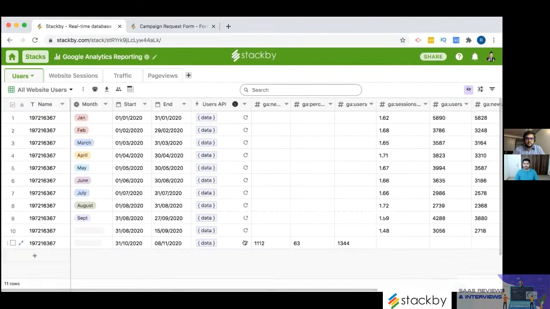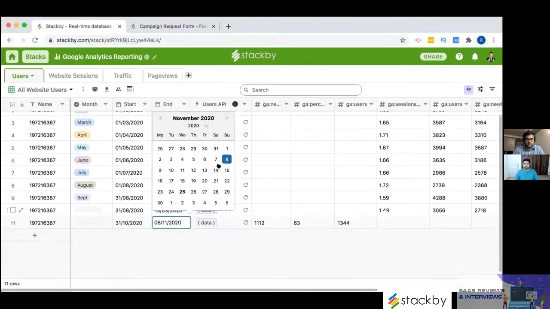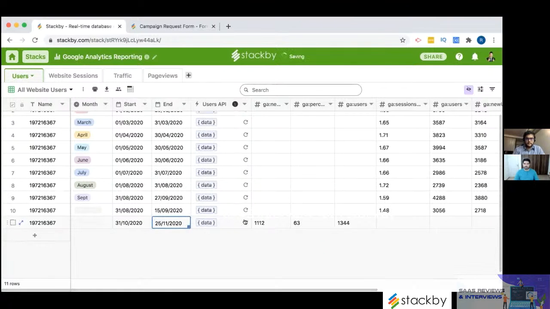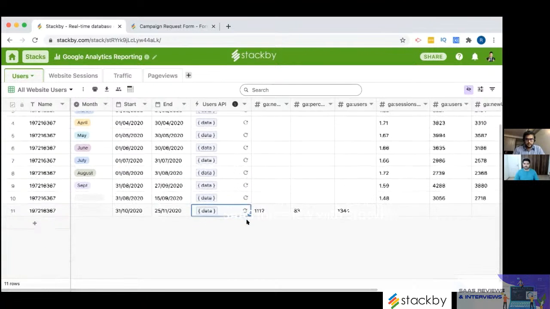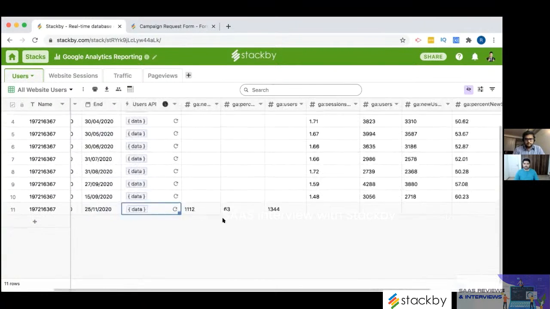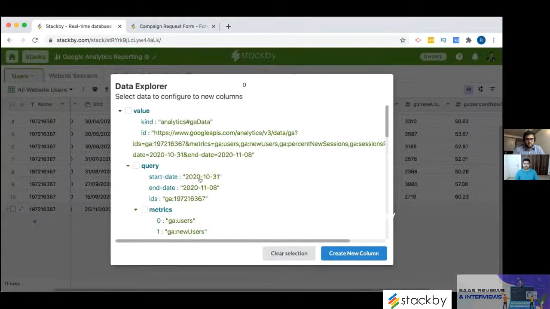So if I then just click on the information. For example, let's just change it so that we can get some data. I think the data is already live.